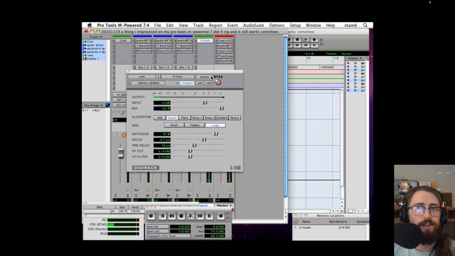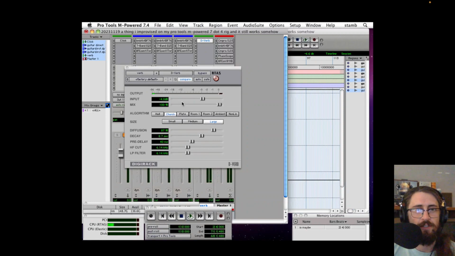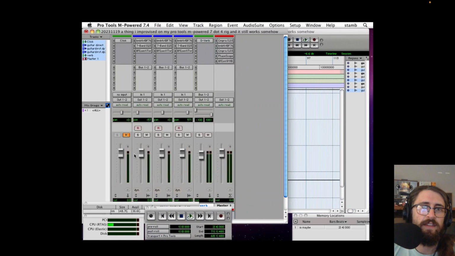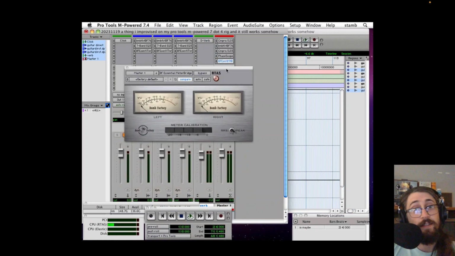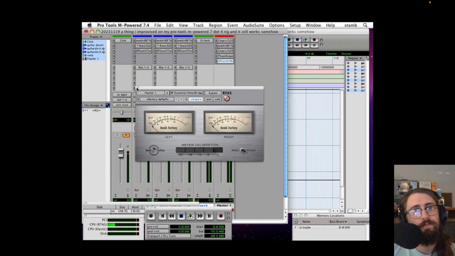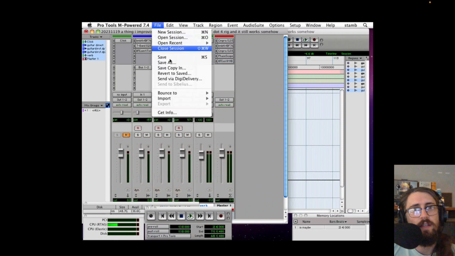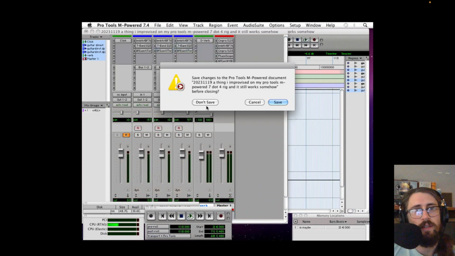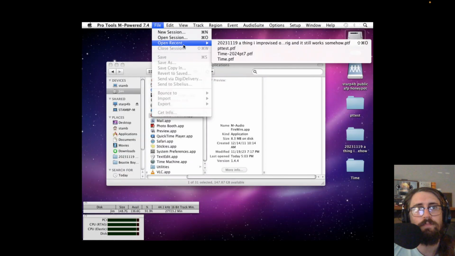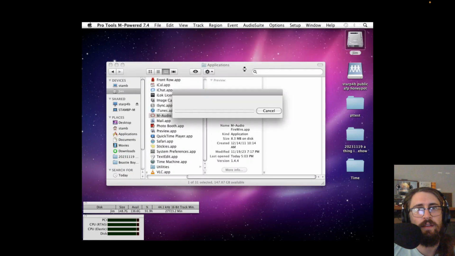But yeah, just all the stock Pro Tools plugins, everything had that look to it. And then it got redesigned. But yeah, just this minimalist look that matched the physical boards that Pro Tools had back in the day. I'm not going to say that they looked good, I'm just saying they existed. So yeah, that's pretty neat. Let me close out this.